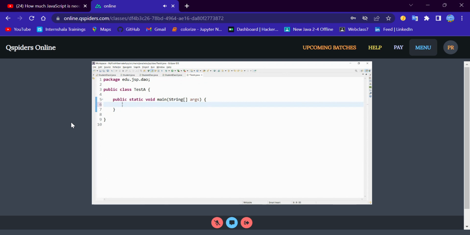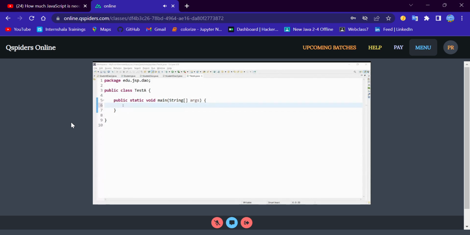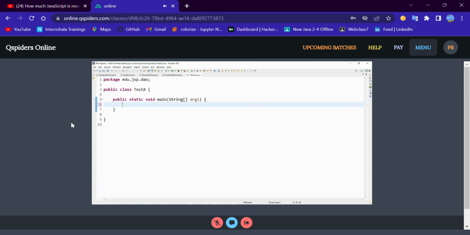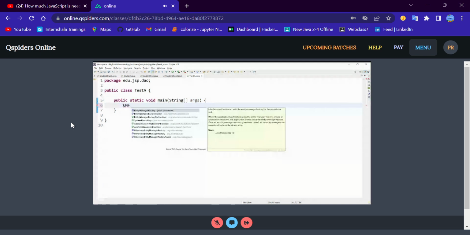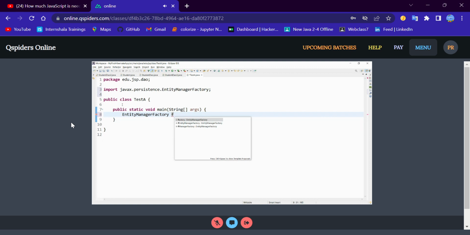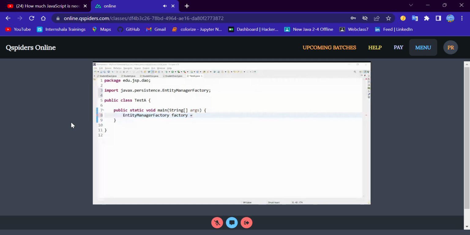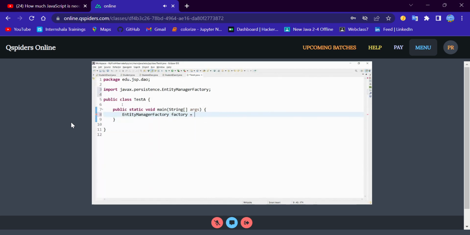Okay, then I need to interact with Hibernate, so that Hibernate will help me to interact with the RDBMS application. So if you want to interact with Hibernate, I need to create an object for the entity manager. Then we need to have an entity manager factory reference variable. Inside this entity manager factory we have a helper method which helps us to provide the entity manager object. To create an object for the entity manager factory, we will make use of this Persistence class,